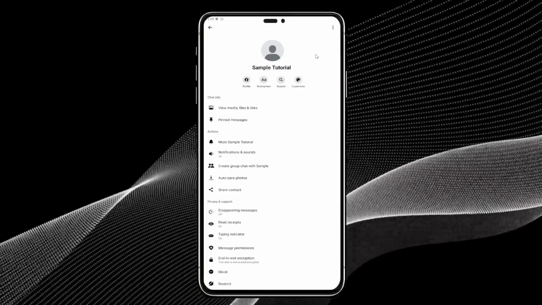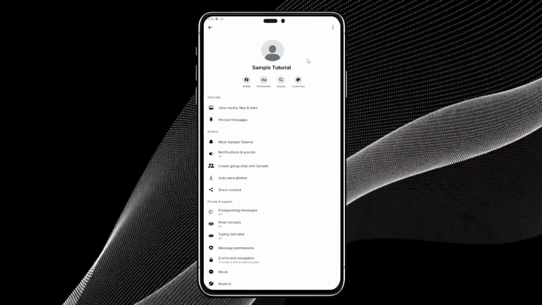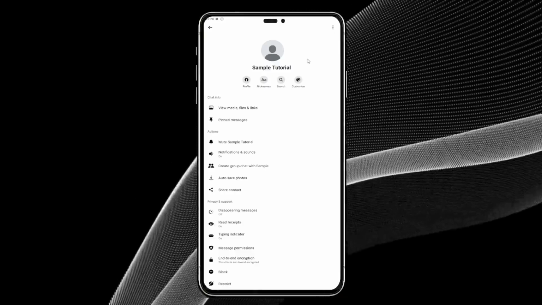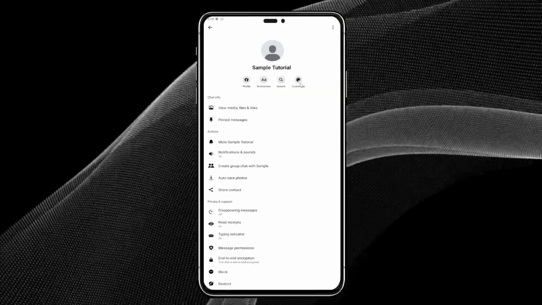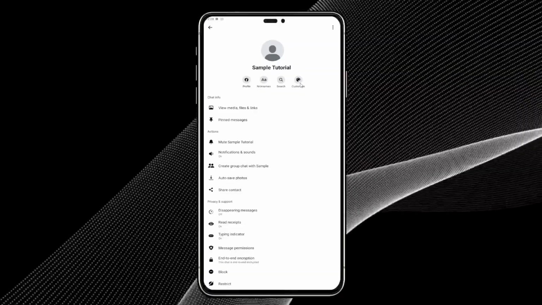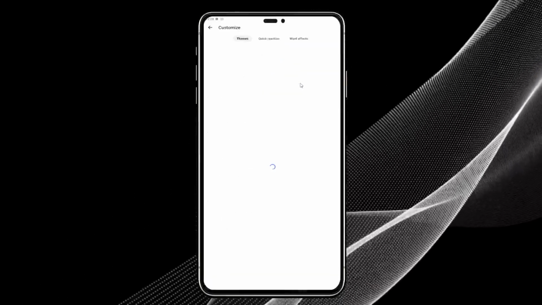After clicking the information icon, a menu will appear showing various details about the conversation. Look for the Customize option, which you'll find displayed right under the profile name of the person or group you're chatting with. Click on Customize to open up the theme settings where you can personalize the look and feel of